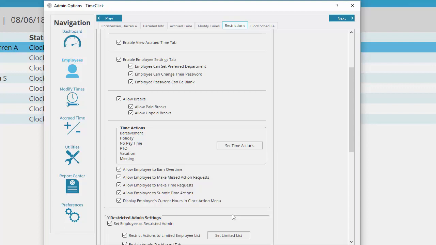But, as a word of caution, it is recommended to only assign employees the option to submit time directly to their report if they are most likely not going to abuse that privilege. If you would rather have an employee request all their time actions through you as the admin, you can still have them do so.